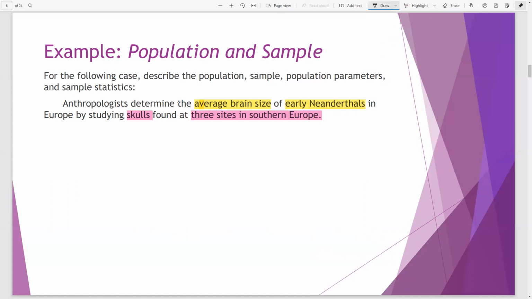Early Neanderthals, nobody knows how many they are, right? That's impossible to know. But what they want to do is find the average brain size of them, right? So the population